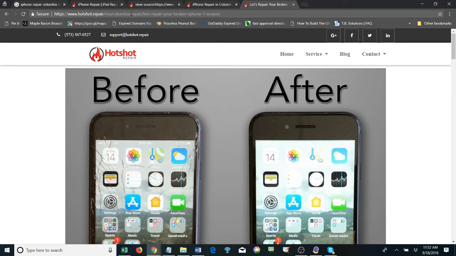What I don't like is how you have Columbia Mo in the URL with the blog. I think this is going to make it murkier for you, and I think it's going to be a little bit harder for you to not have competing pages. I think this is going to add a level of complexity for you, and I think at this time it would be an easier job for you if it wasn't set up with Columbia Mo. But if you have to keep it this way, I think the title is fine.